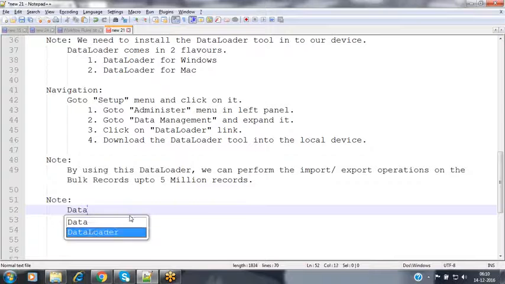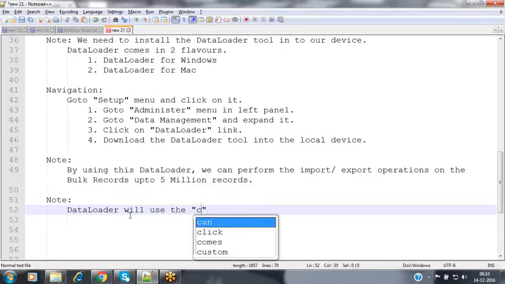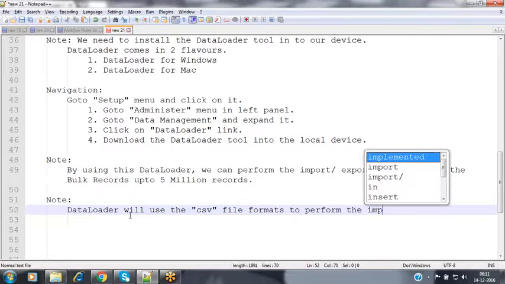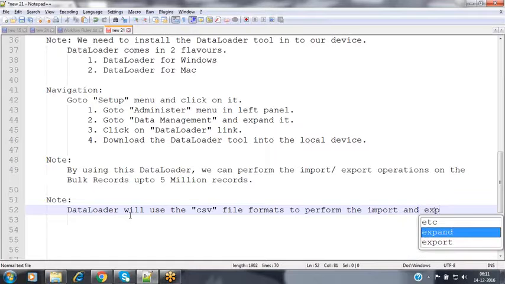Data loader will use the CSV file format to perform the import and export operations.